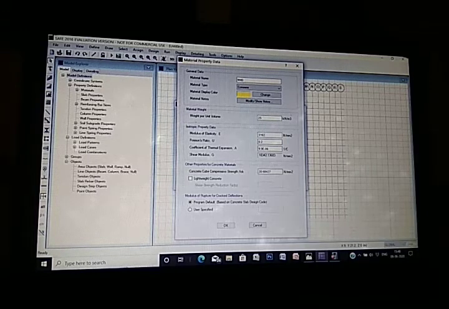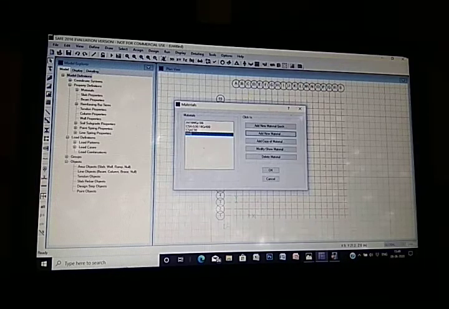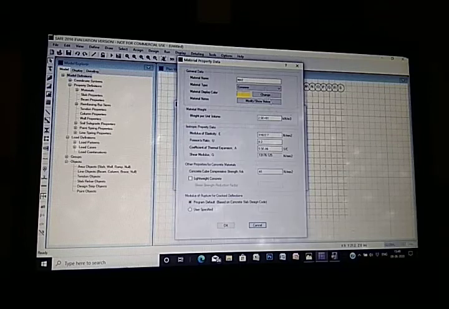3106 22.7 and Poisson's ratio is 0.2, where the coefficient of thermal expansion is 0.55 and the compressive cube FCK value is 40 Newton per mm square. Click on OK. So now another material